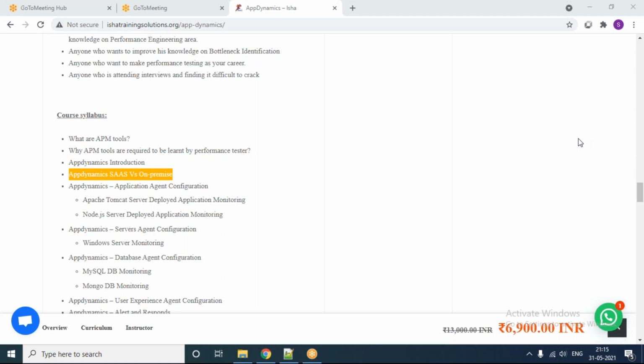It is application performance monitoring, and in that monitoring, if I wanted to do application server monitoring or database monitoring or UI monitoring, or whatever the monitoring that I wanted to do, what configuration do I need to do? That configuration is not involved with scripting. It is configurational things. So you are going to do a configuration, and then how the data is going to come to your AppDynamics tenant, and then how you are going to do the further bottleneck identification. That's how we are going to do this.